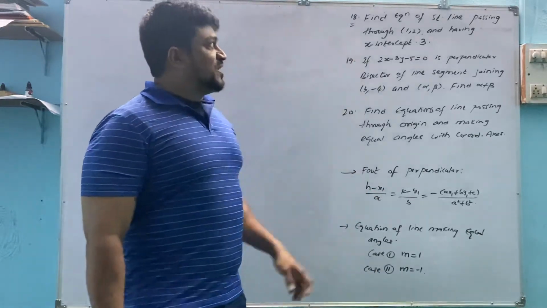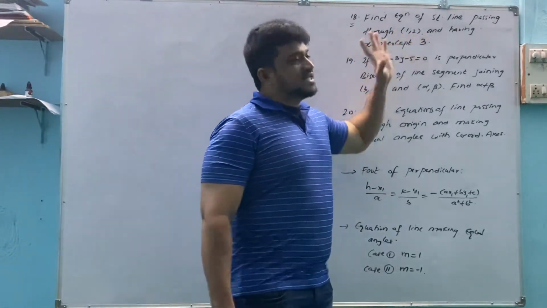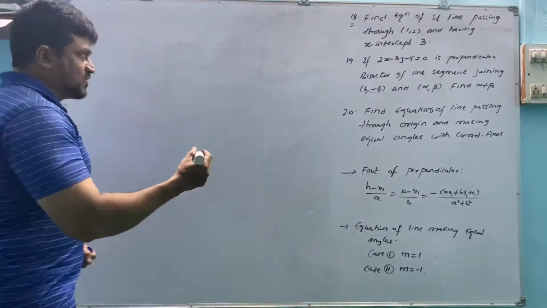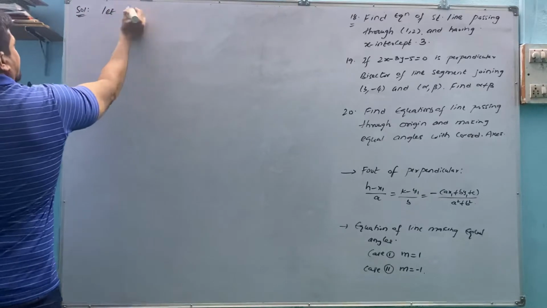Now we are starting this. Find the equation of the straight line passing through (1, 2) and having x intercept 3. When intercept is mentioned and passing through is given, what do we have to write? Let the equation of